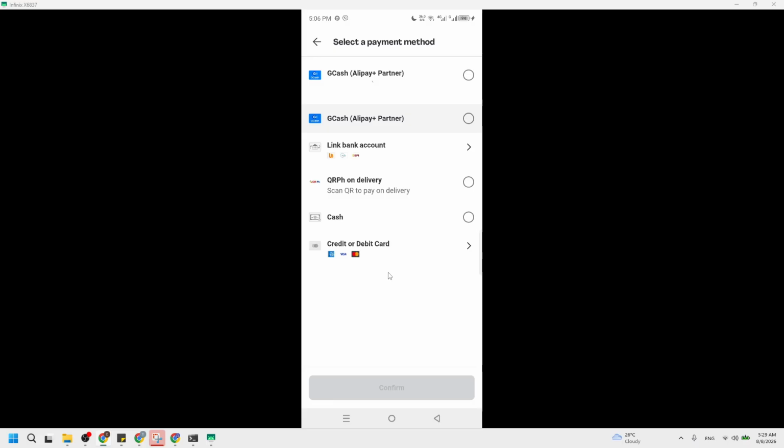Once the prompts are done, you return to the checkout screen, and your chosen payment method now appears under the payment section before you place the order. You have now changed your foodpanda payment method while placing an order,